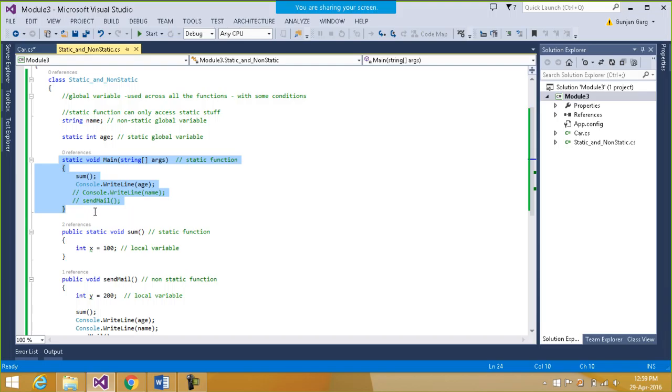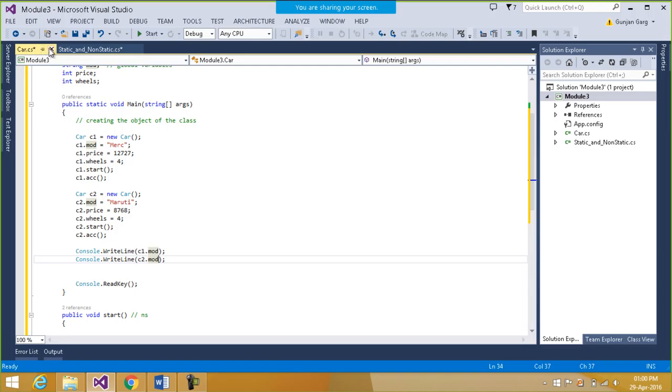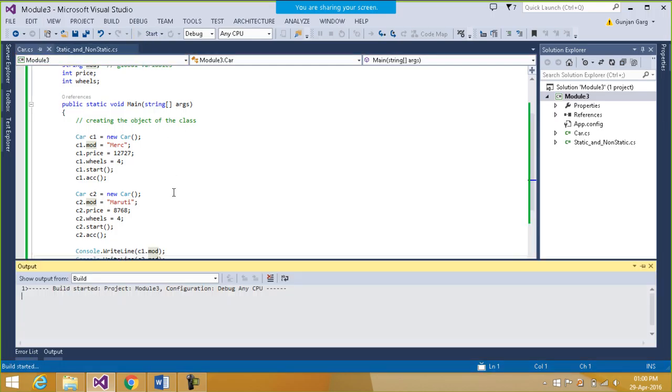Now, the shortcut for commenting code is Control plus K plus C. You press Control plus K plus C in order to comment your code. So I just commented out the main function inside the static and non-static class, and now when I run my code,